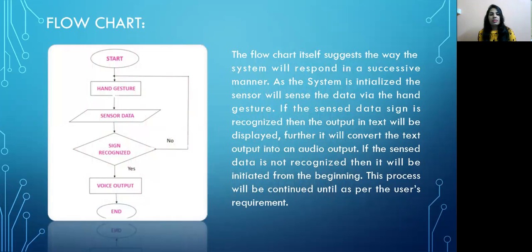Flowchart. This flowchart represents the actual flow of the process. Once the user wears the hand glove, the process starts. Once the person performs the hand gestures or finger movements or bends in the action, the sensors mounted over them recognize the gesture, and the gesture is converted into sensor data and passed down